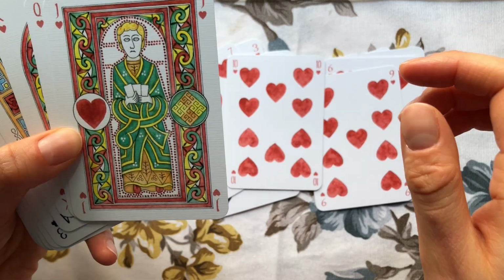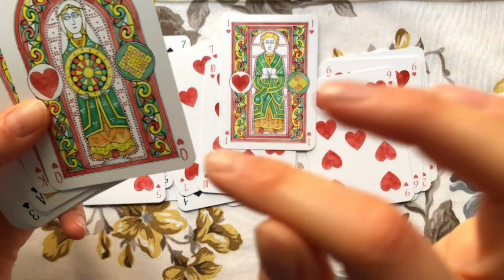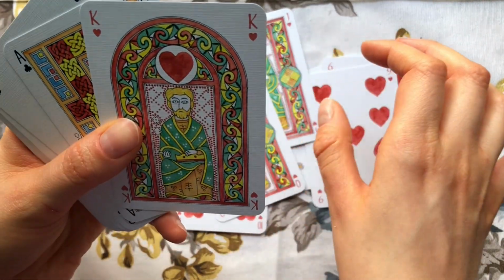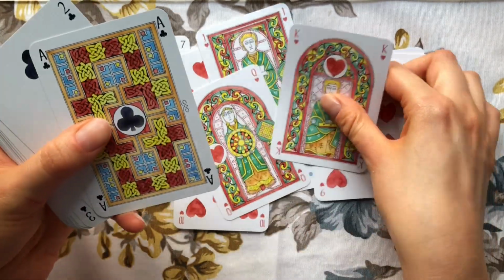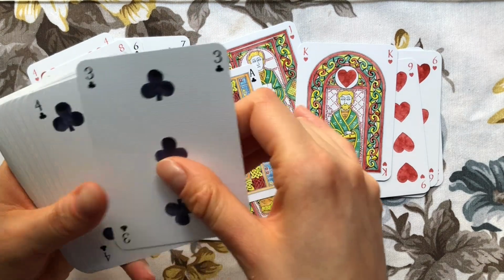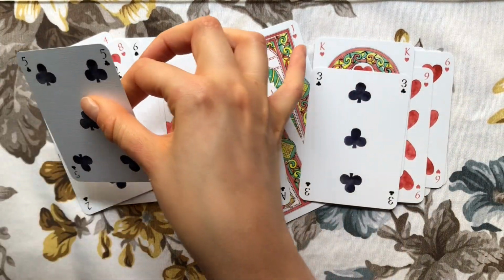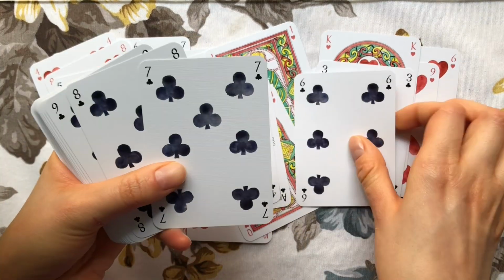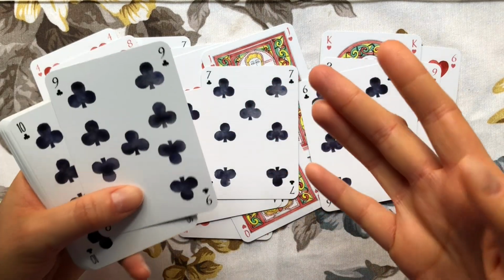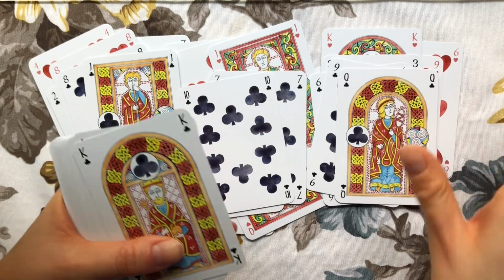So these are the court cards. So you can see the jack, and then you can see the queen, and then you can see the king, and again the aces. Again, absolutely beautiful, painted in wash. Ian Comsty, Scotty Press. Please check his work out. He's amazing. I actually got another deck by him, but I will show that one to you when I do